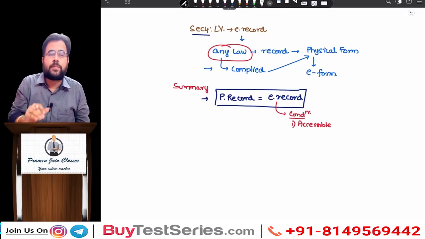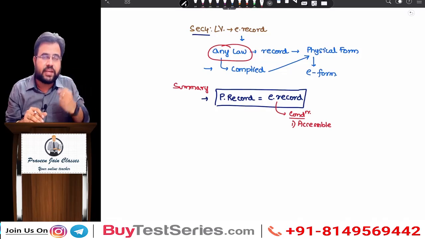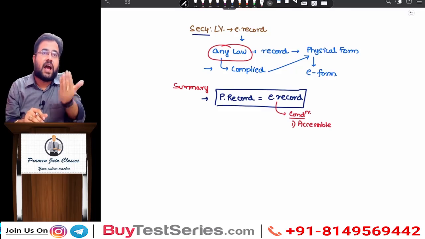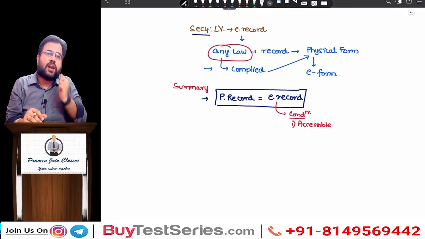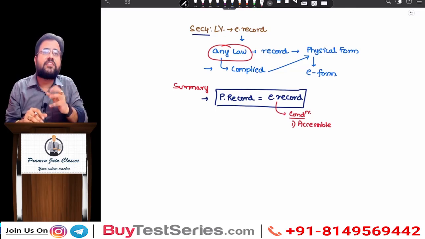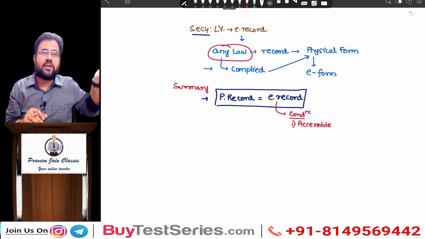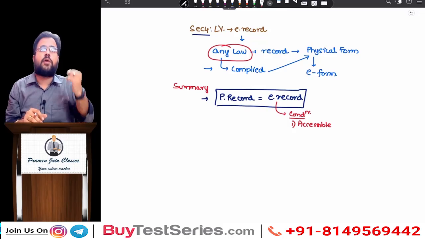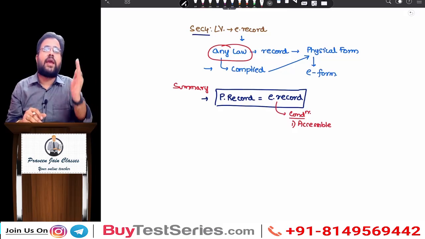and whenever required, you should be in a position to produce it, sir. So imagine tomorrow any scrutiny case happens, and the income tax commissioner asks you, show me that record. You say, I am not maintaining a physical record. So the IT commissioner asks, why? I read IT Act section number 4, where the law says that physical record or electronic record will work. So the commissioner says, okay, no problem. So show me the electronic record.